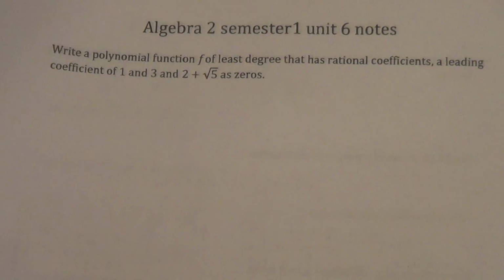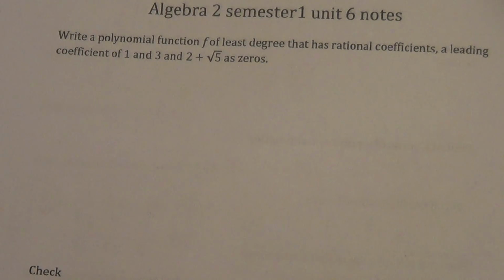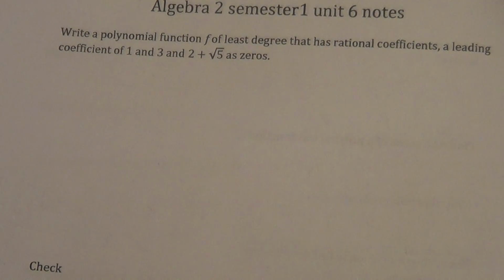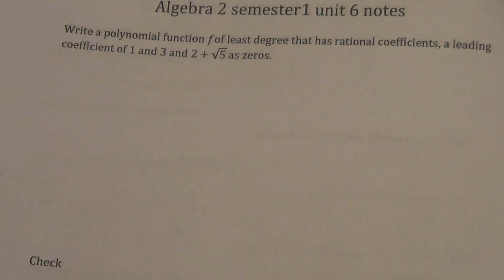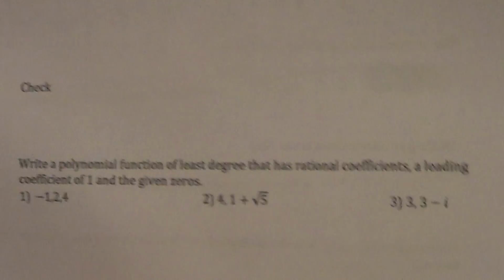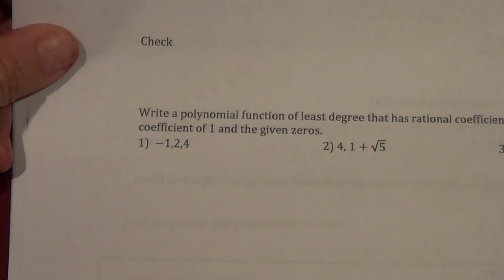Just a couple more problems. Write a polynomial function of least degree that has rational coefficients and a leading coefficient of 1. So basically, what you're doing here, I actually want to skip down and do this first sample. Basically what you're doing here is you're putting them back into their factors and multiplying them out to give the